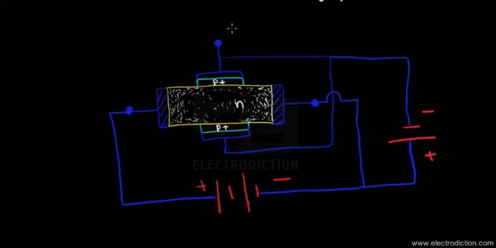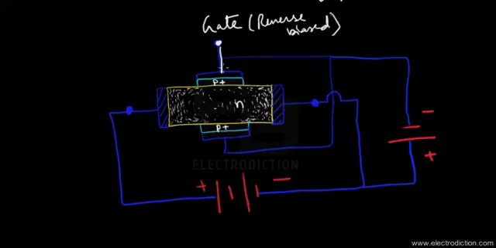So apart from that, we can see that this p-type semiconductor material having this terminal jutting out of it over here, this terminal is referred to as the gate of the JFET. Now the gate terminal always needs to be reverse biased. That's why we've connected the negative terminal of the source over here, since this is a p-type region. Apart from that, now the voltage source that we've connected over here